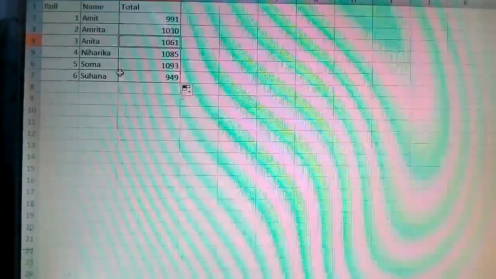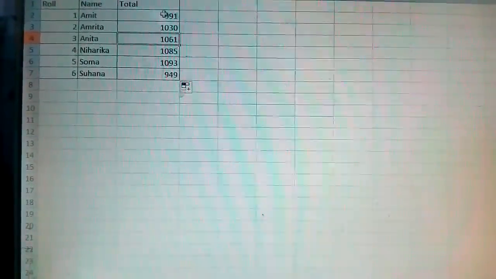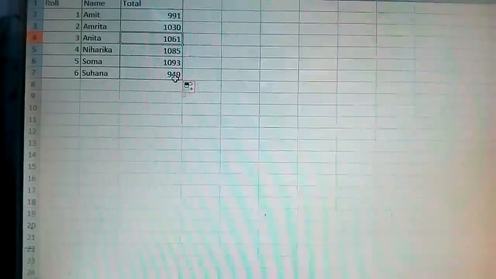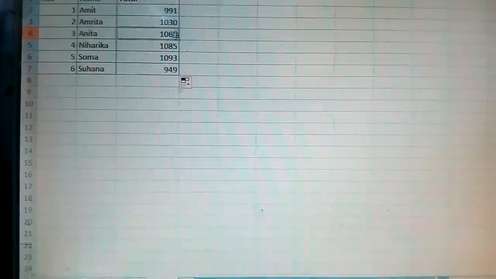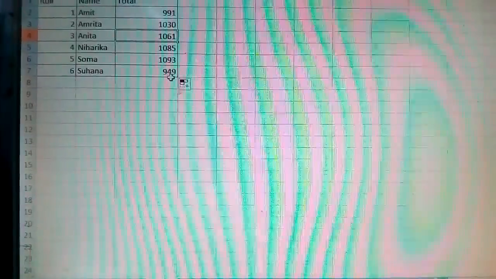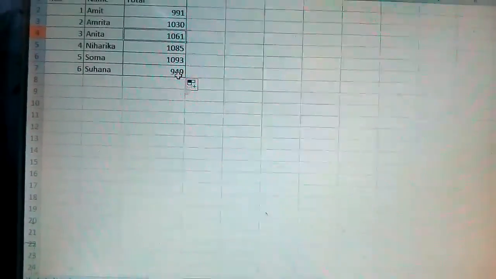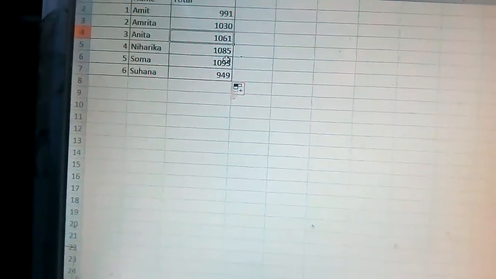Anita, Niharika, Soma and Suhana. These students have got the total of January, February, March, total subject marks is there. Okay, so in this way we can do handling data across the worksheets.